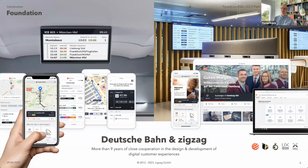And so you can see it here on the slide. We basically did everything from mobile applications, websites, so tickets, passenger information, on-train entertainment. So they have a portal also on this ICE train that they use to play out information, but also entertainment. There is some digital signage in travel centers and also in their lounges that they use for frequent travelers. So we also worked on that. You can see that on the right-hand side in the background. The most important thing for today is the in-train information system. You can see it on the top left in the background